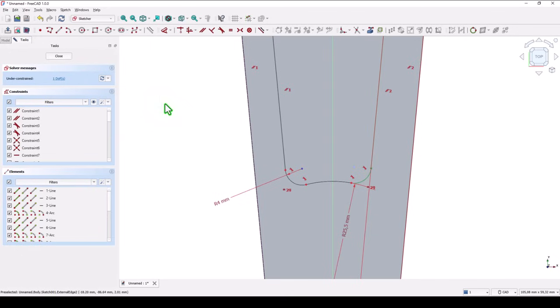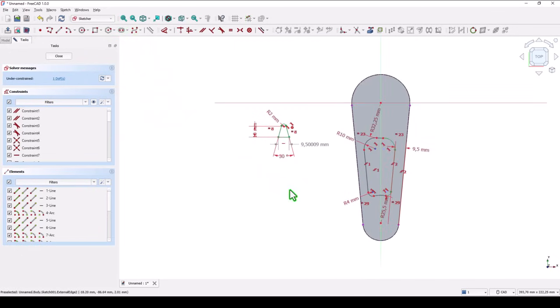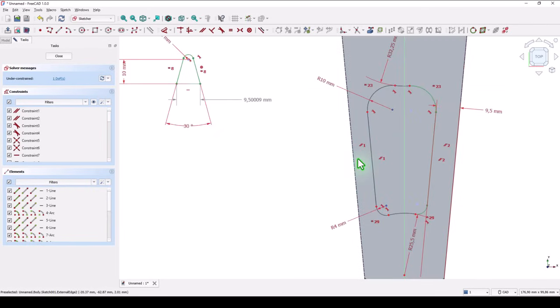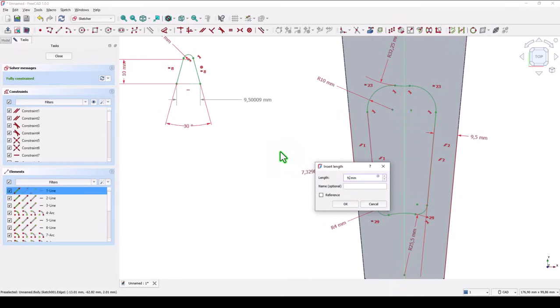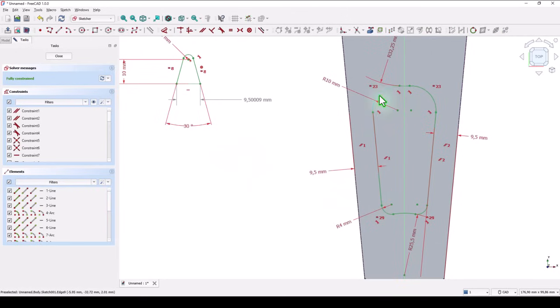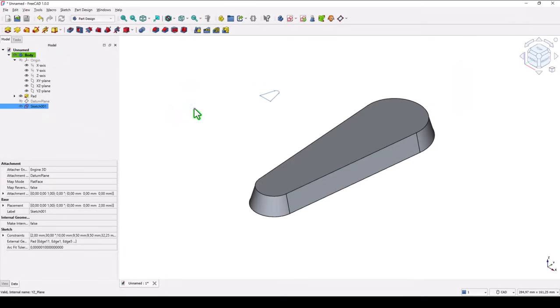We still have 1 degree of freedom. Let's see what that is. This distance, I lost that distance. I place it once again. 9 plus 0.5. Now we have a fully constrained sketch. Close, and we know where that sketch is. Inside this volume at 2 millimeters up,